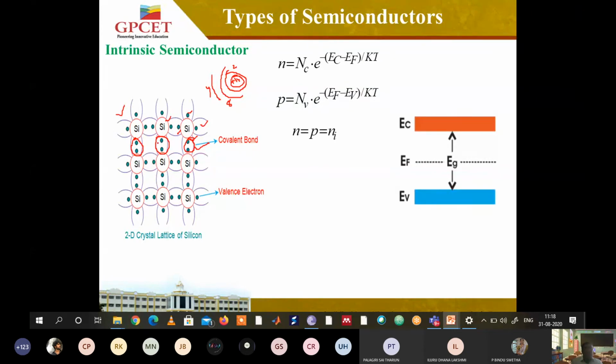And this is a bond every time. Even the electron present here will form a covalent bond with another silicon atom present over here. Here also another silicon atom will form a covalent bond. Likewise, every electron is forming a bond with an electron of another silicon atom. So therefore, there are no free electrons present here. All electrons are forming a bond. Is there any free electron? No, there is no free electron in this intrinsic semiconductor. This type of semiconductor is called intrinsic semiconductor, where there is no free electron.